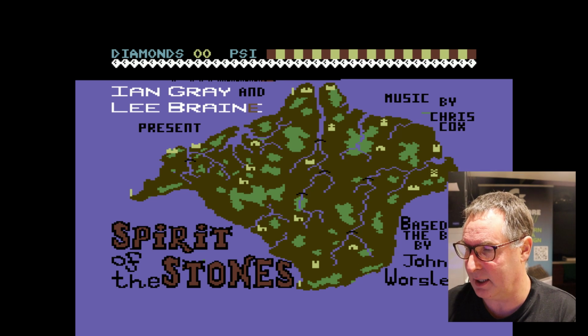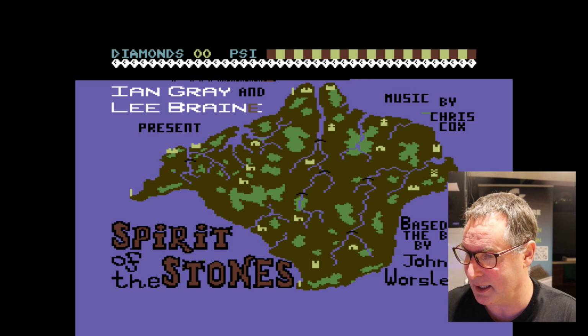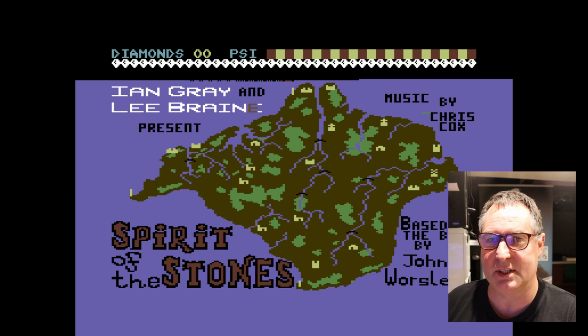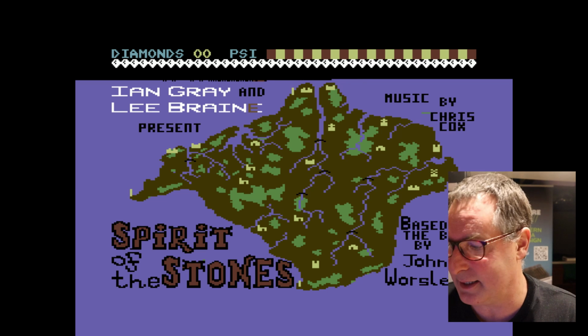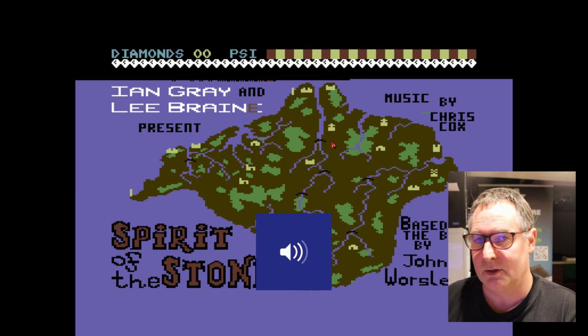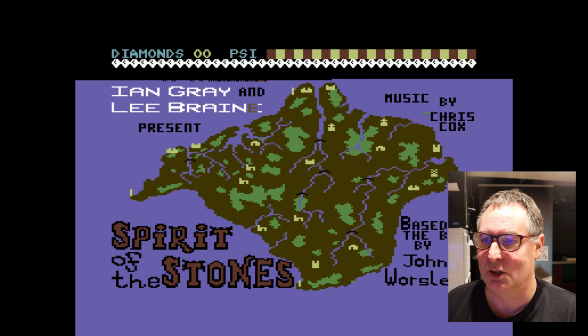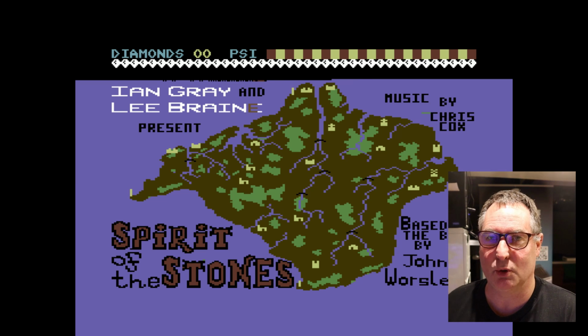So I'm going to turn the volume down, but this is such a great game for sound. It makes use of quite a lot of the SID chip. It's just fantastic. Now the reason I've picked this game is because this is the first ever Commodore 64 game I ever played. It came with a Commodore pack where you got the Commodore 64, a modem, whatever you called it then,